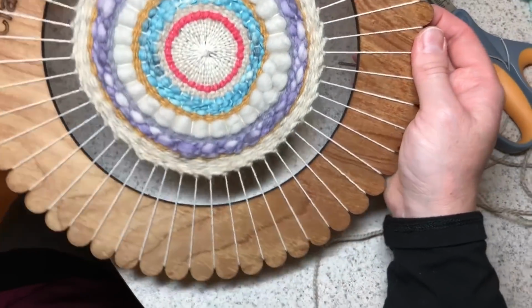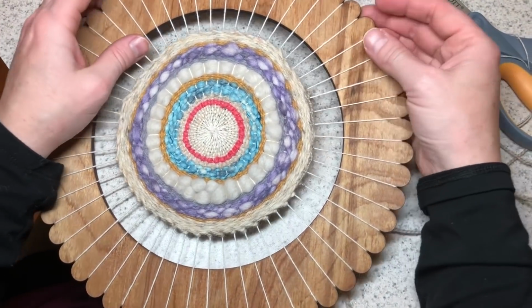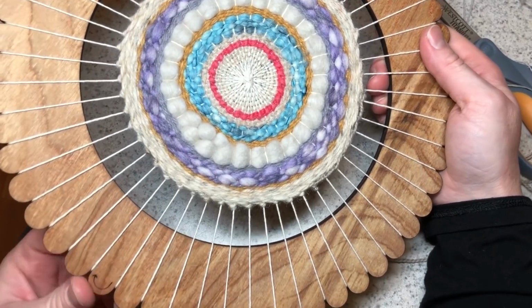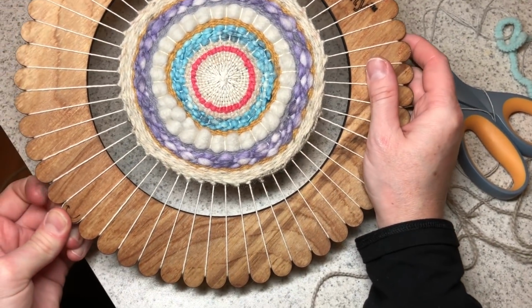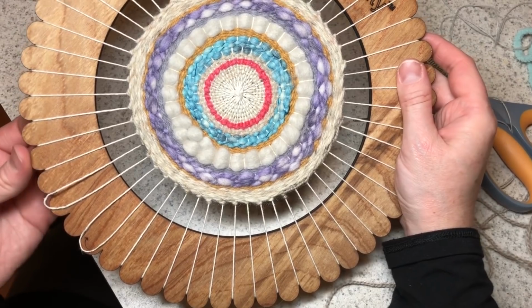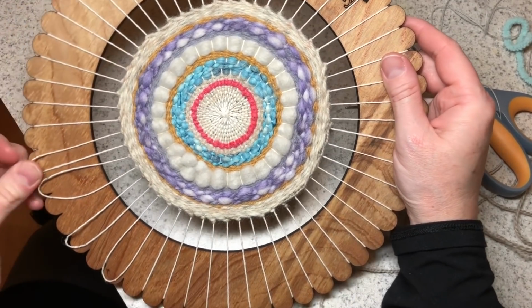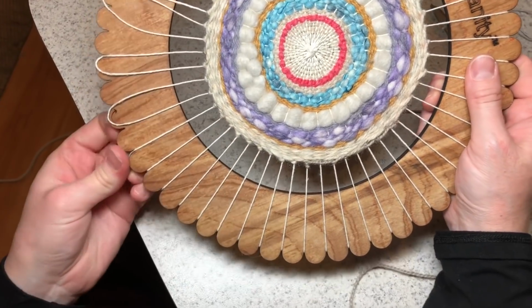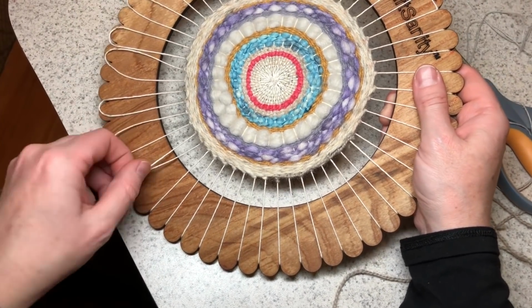Okay, so here we are. At this point, we have some misfit yarn here on the edge. It's okay. We're going to still soldier on here. Okay, so this is a little bit tricky when you have to get one off. Once you get one of these loops off, everything else will come off. Okay, so I got my first one off. It's a good sign that it's not curling up into a bowl shape right now. And with that tension, even being fairly loose, it kind of wants to stay on the loom a little bit there. So you just kind of work the...